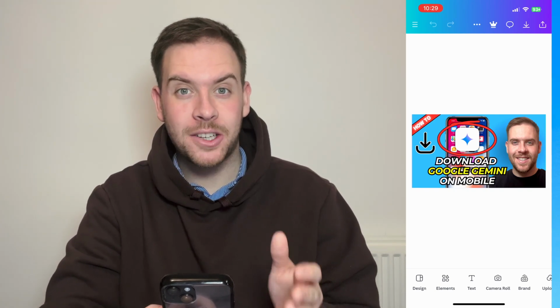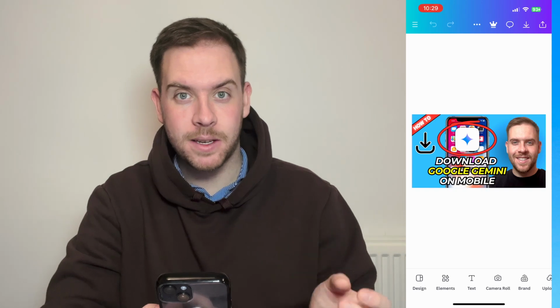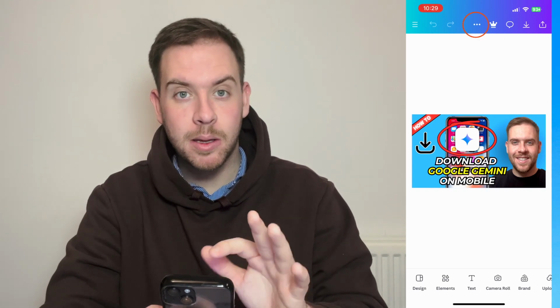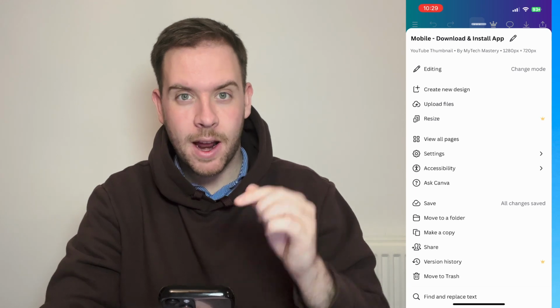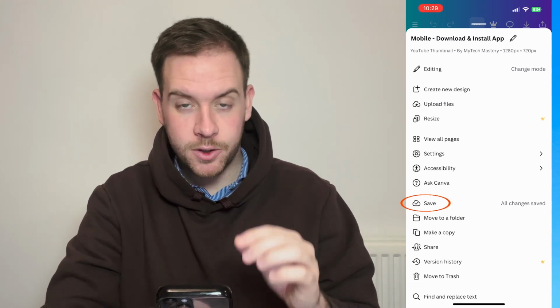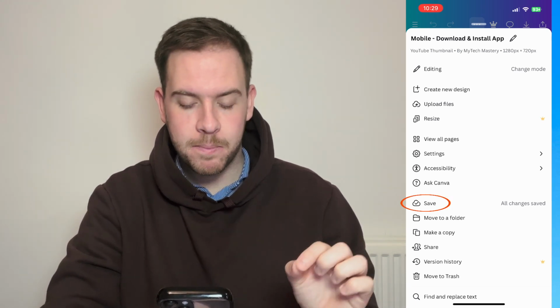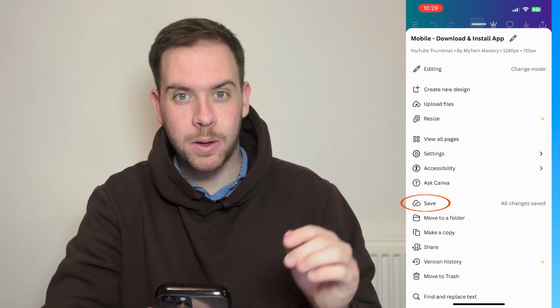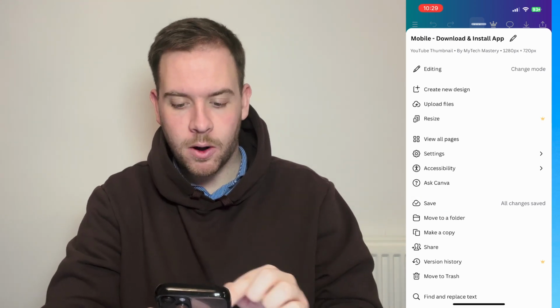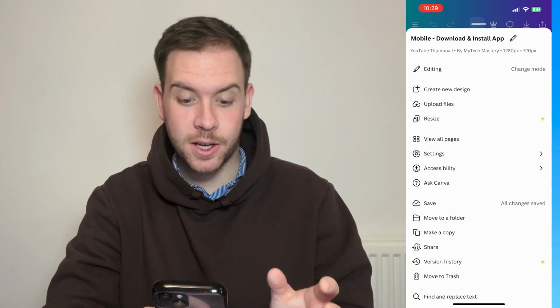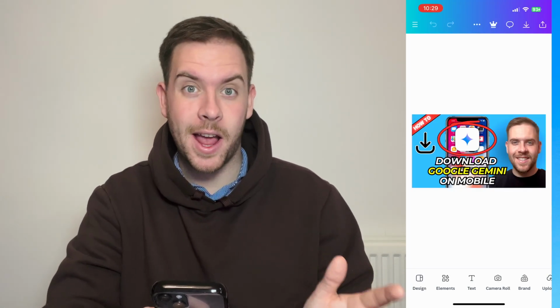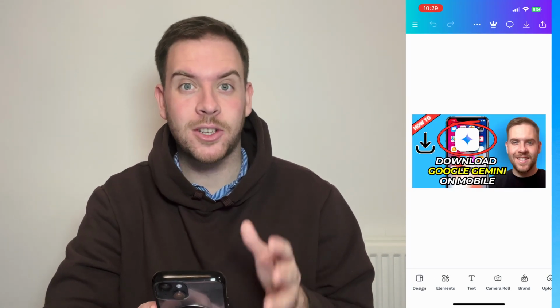But if you want to actually make sure that the save has been made, then you can come up to the three little dots on the top bar, press in there, and then around the midway point, or just under midway, there's the save bar, and it's got a cloud icon with a tick in the middle. And on the right hand side, it says all changes have been saved. But to confirm, you can just press save there anyway,